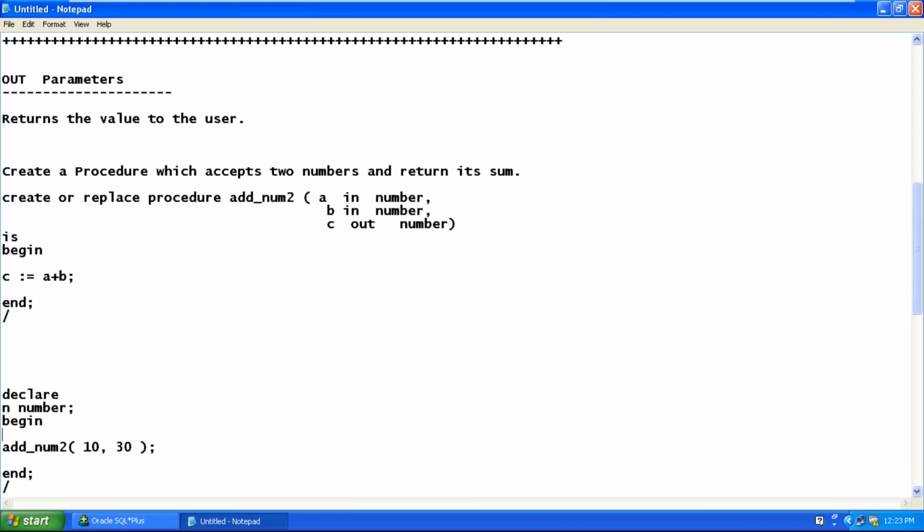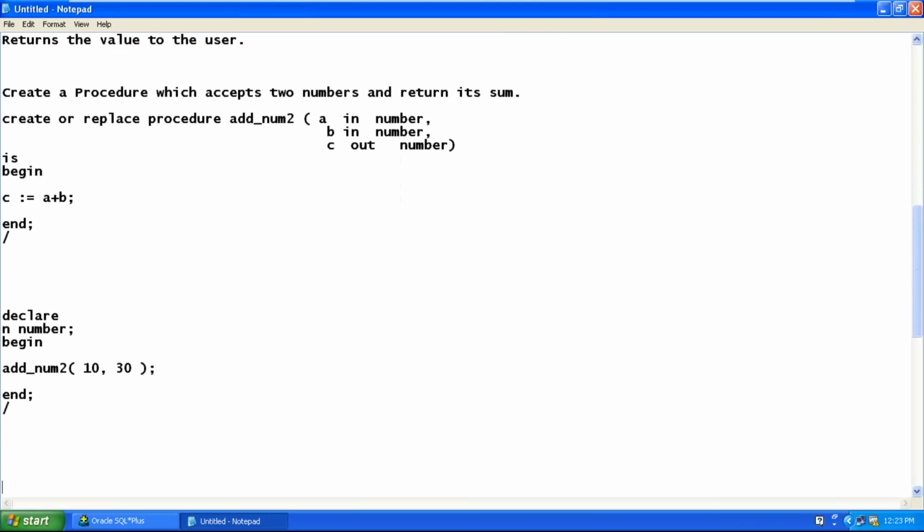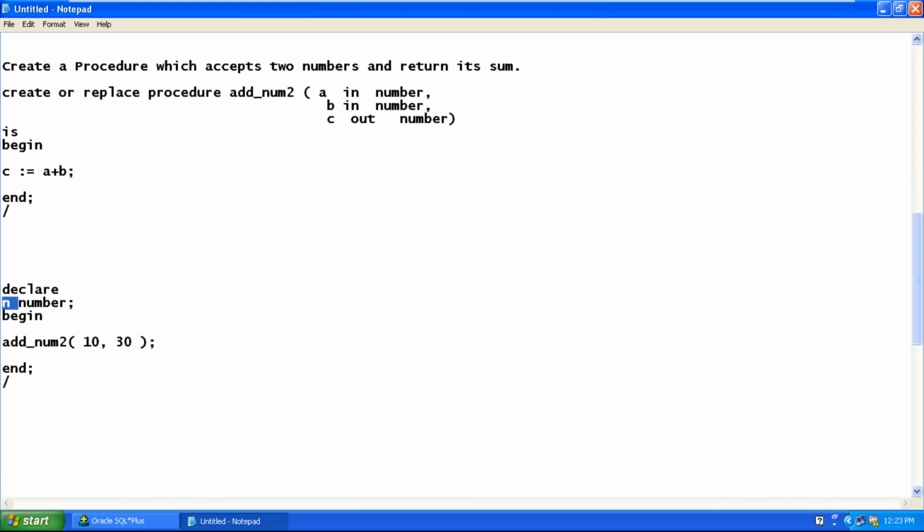I use this n variable to catch the value returned. Which parameter is returning the value? The C parameter, which is the third parameter. So in the third position, you should write n, because the third parameter is an OUT parameter. So the procedure returns a value using the third parameter. I am using n. That means the value is stored in the variable n, and you can use n as per the requirement. Let's say, for example, I want to use it.